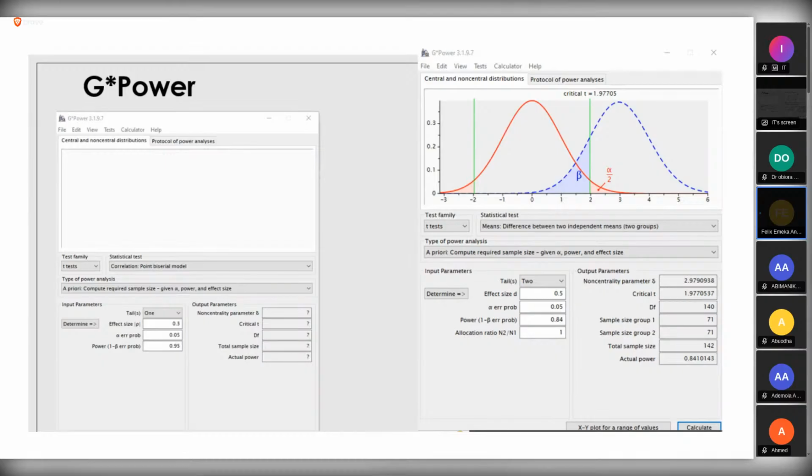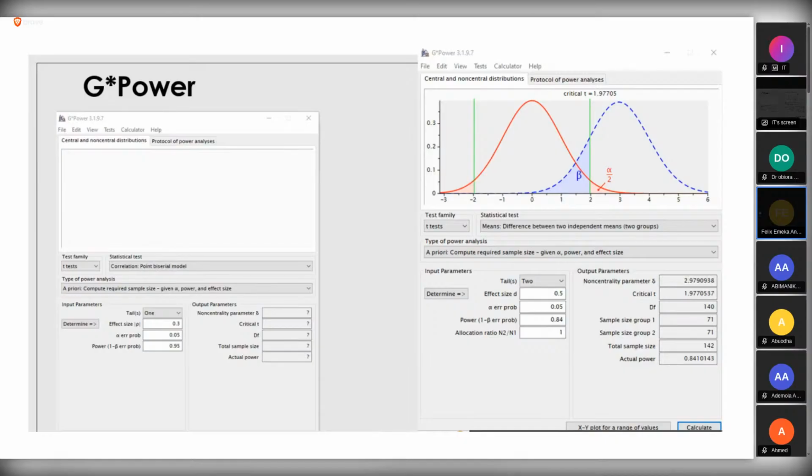Either you're going to be doing a correlation or whatever that you're going to be doing, and also you're going to be choosing the type of power, which I just mentioned. Then if you look at these things here, they are default. If your tolerable error is 5%, it means your power will be 95%. But don't go below 80% for your power. I keep saying that. Don't go below 80%. You can go higher, but tolerable error by default is 0.05.